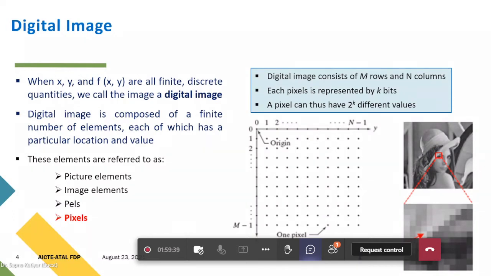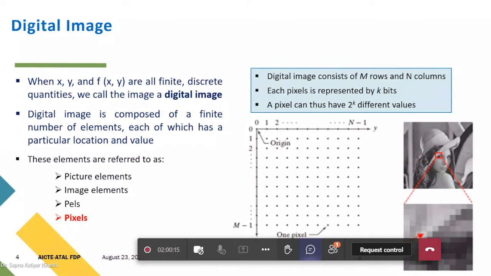Suppose one pixel is represented by 3 bits, which may be a combination like 001, 011, 101, anything. Then how many possible combinations are there? 2 raised to the power 3, which comes out as 8, from 000 to 111. It means each pixel can have any value among those 2 raised to the power k different values, right?